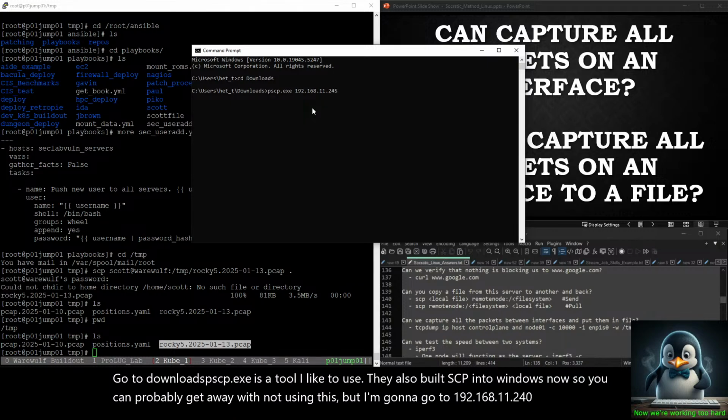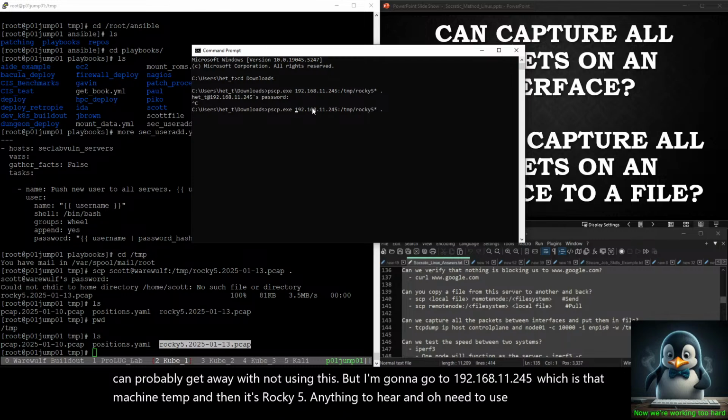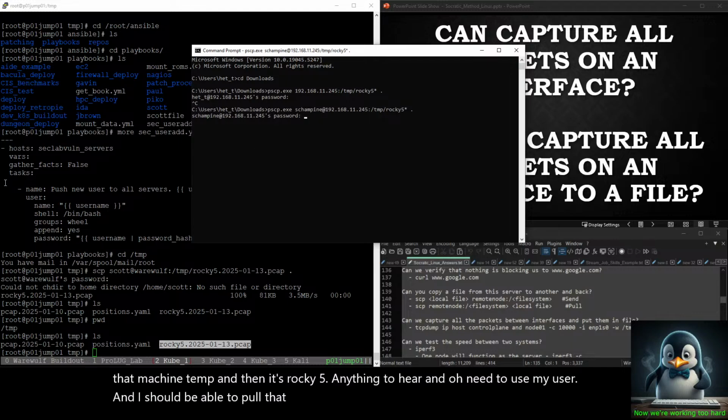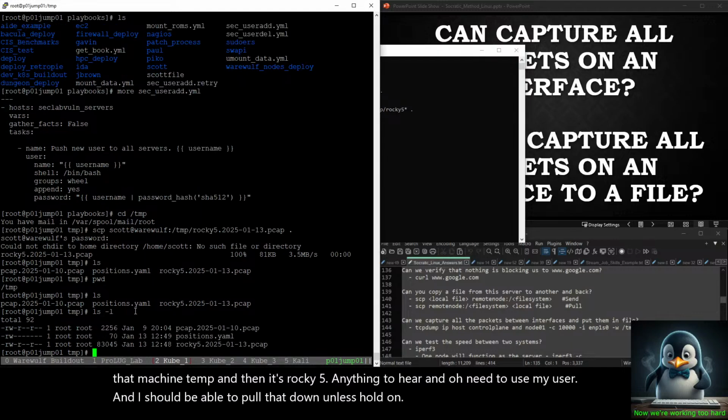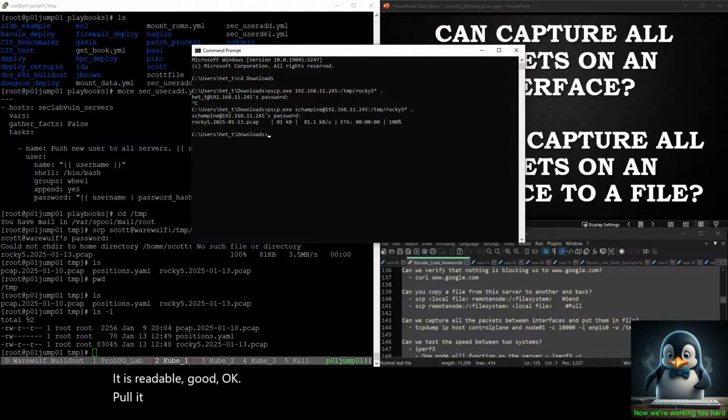192.168.11.245, which is that machine, temp, and then it's Rocky5 anything to here. And, oh, need to use my user. And I should be able to pull that down, unless, hold on. It is readable. Good, okay. Pull it down. Boom. And then now if we have Wireshark,